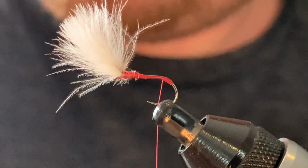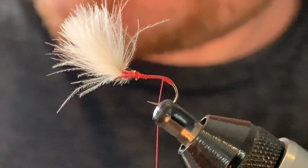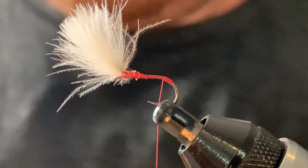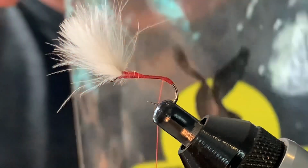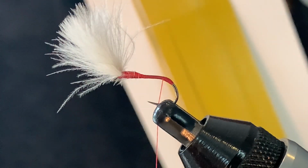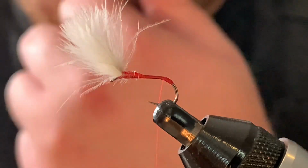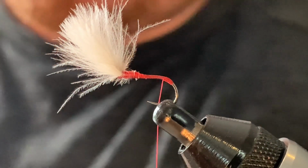So from this point, what we're going to use for the body is a synthetic Vineyard quill, which comes in a packet like this, synthetic yellow, and it's always stapled on a paper like this. So you want to take the thinnest. From the left it starts thick, and then from the right it's thin. So you want to take the thinnest quill